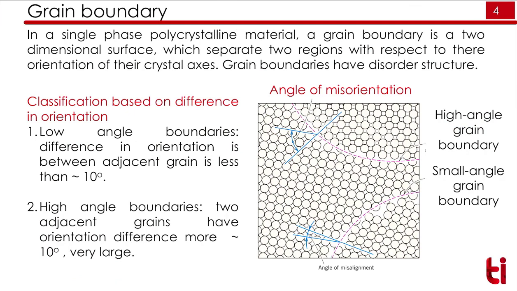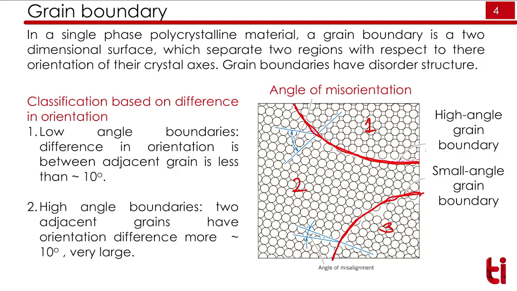The second type of defect is called a grain boundary. These defects divide crystallographic orientations from one another. For example, you can see here, this is grain number 1, this is grain number 2, this is grain number 3. There is a boundary in between these grains. So this boundary is a defect. This forms due to vacancies and impurities in the material, and this segregates two grains from each other.